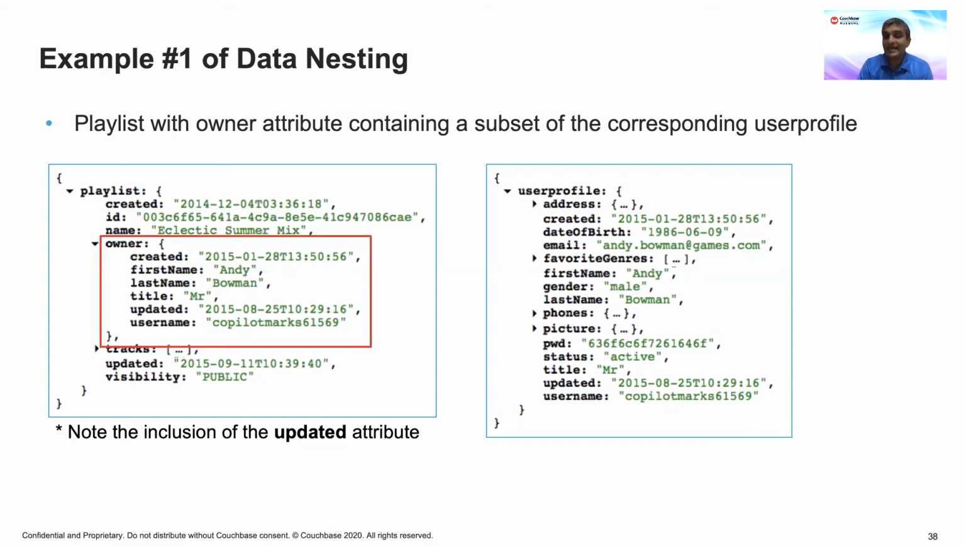But the question is, how often does Andy change his name? So you get what I'm trying to say, right? So you only embed the information which is not likely to change often, right? Or if it changes, what is the cost associated to change that portion of information in all the nested attributes? Is it worth doing that? Are you okay with doing that? That's something that you need to decide,